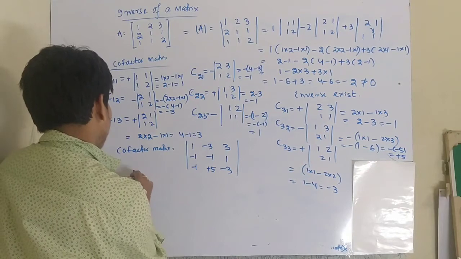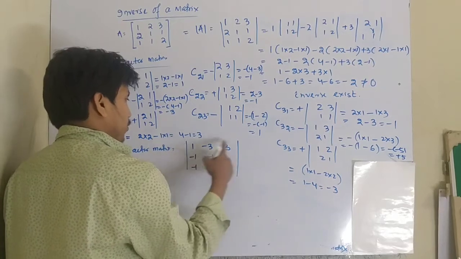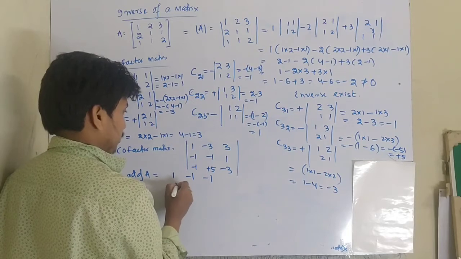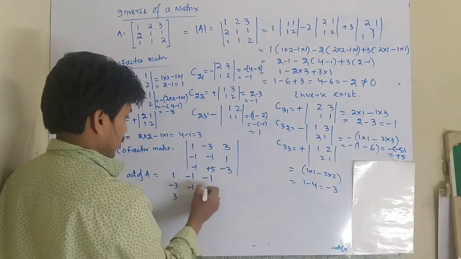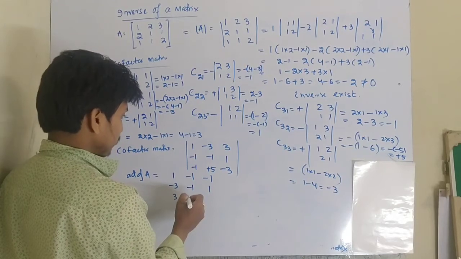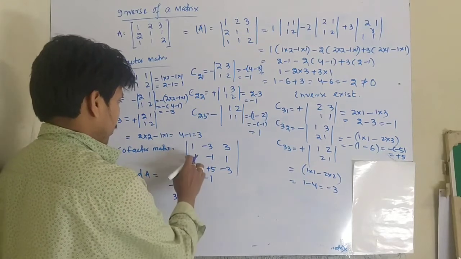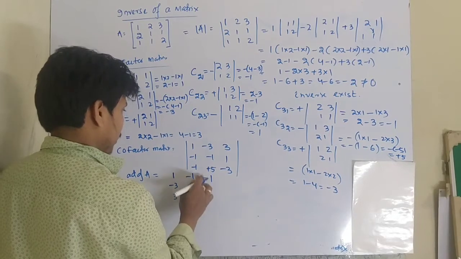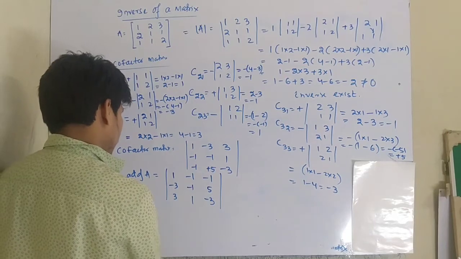Now the adjoint is the transpose. The adjoint is only the transpose. You have to convert this column into a row. 1 minus 1 minus 1, minus 3 minus 1 5, 3 1 minus 3. This is the adjoint, and the inverse is